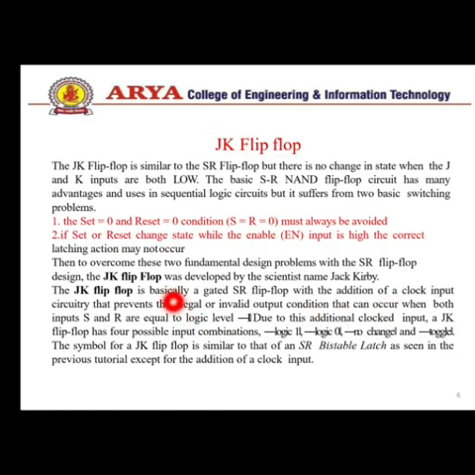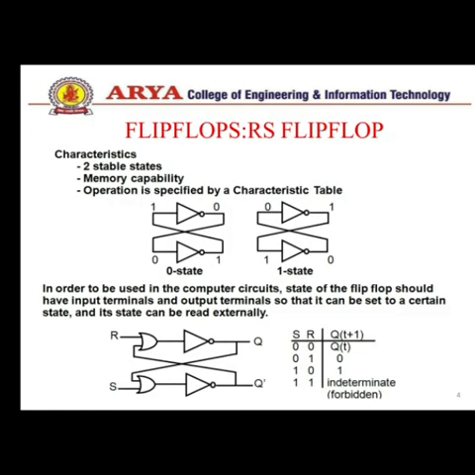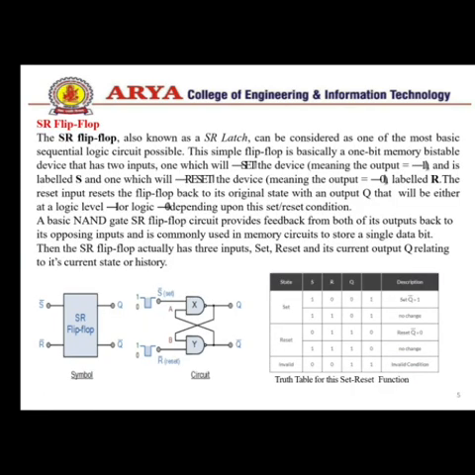Then we move to the second flip flop, which is the JK flip flop. The problem in the SR flip flop will be overcome by this flip flop, because in the last condition we know that one condition is extra. We don't need this condition. Which condition is extra? The invalid condition is extra. We don't need this condition, so we overcome it. We will use the JK flip flop.